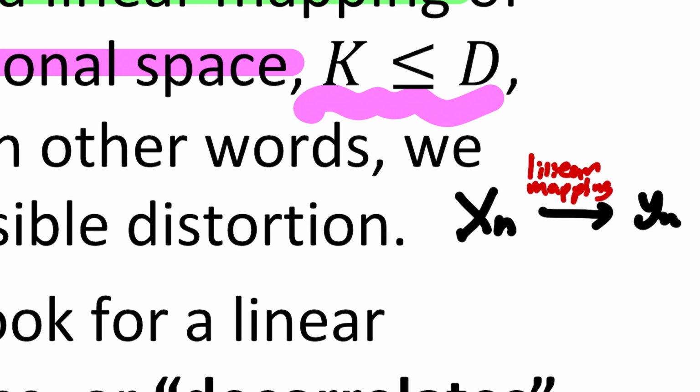Let's say this is R^d, this is R^k, when k is smaller than d. Finding this linear mapping function is the goal of the